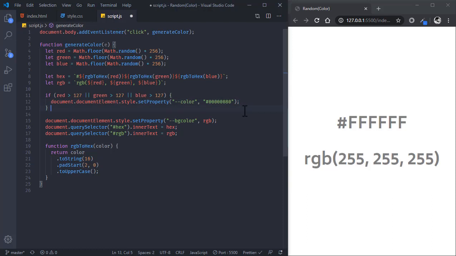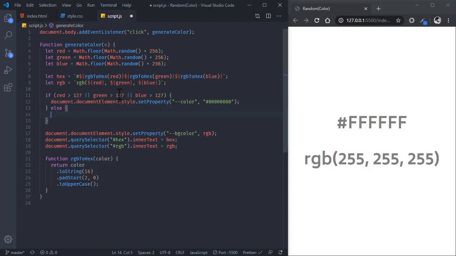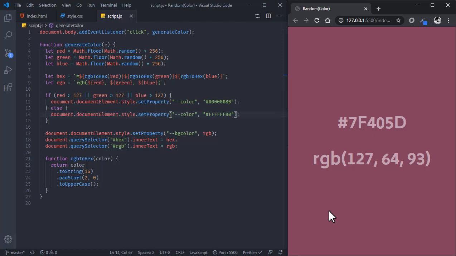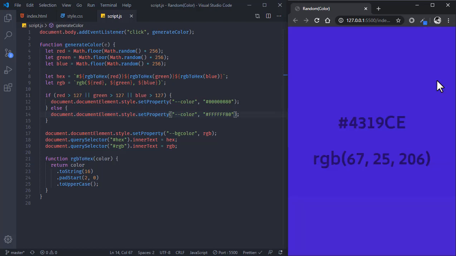Okay, then else if all the numbers are less than 127, then the color will be probably dark, so we'll copy this line and set the color to a brighter color, that is FF and 80. Now let's see. The color has changed from transparent black to transparent white. Again the color has changed since the color is bright. The one value is 206